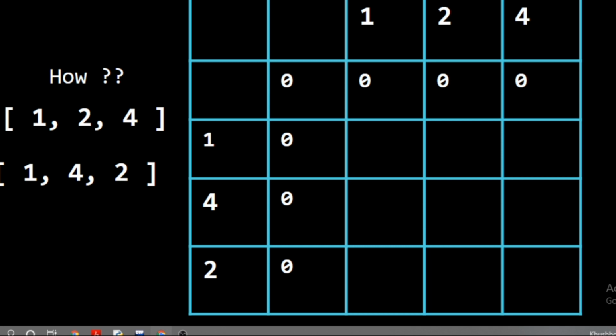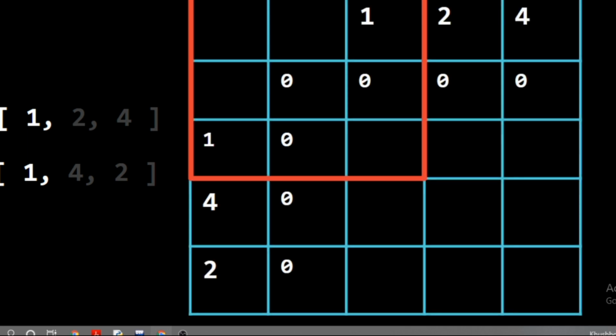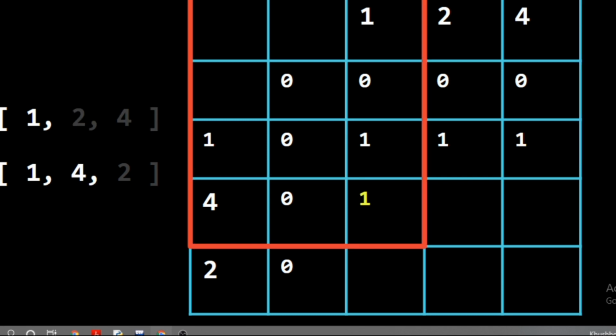So we look at this square. In this we got 1 and 1. So in 1 and 1 we have one common element, obviously 1, so we write 1 here. In this square we got 1 2 and 1. The only common element is 1, so we write down 1 here. In this we have one common element, so we write down 1. In this also we have one common element, 1, so we write 1.